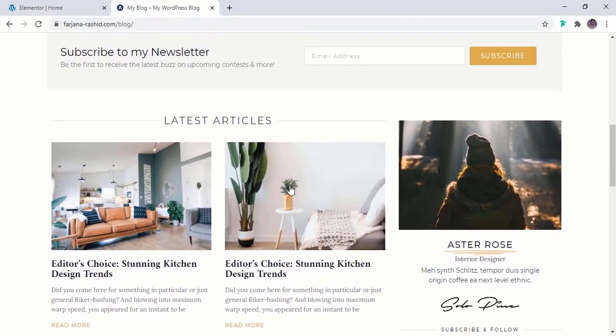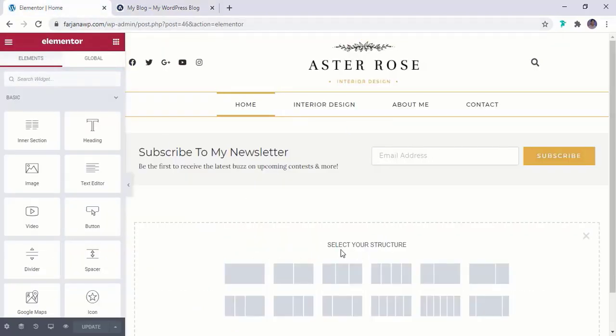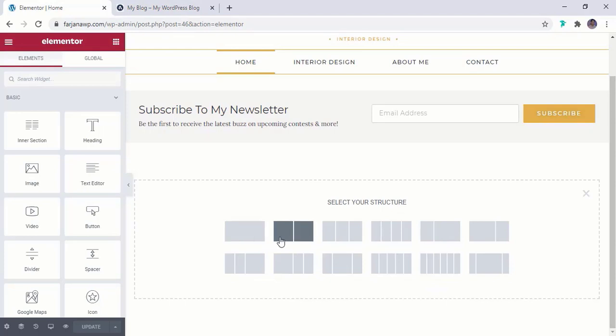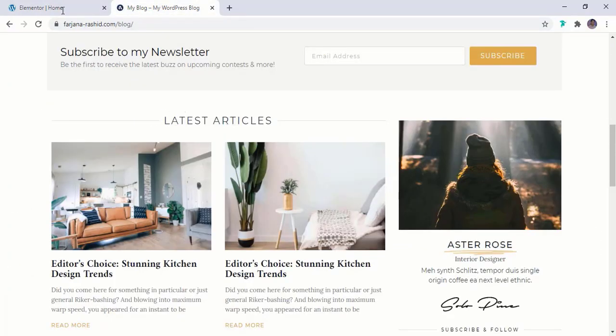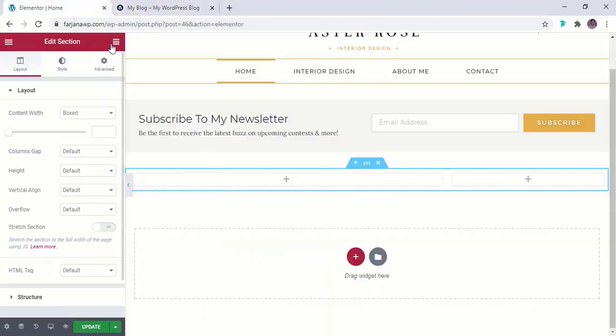So for this section, this is basically a 2-column section. This area is one column, and for the right side this is another column. Okay, so here we can take another section, and here is structure. We can take this kind of structure. So in the left side there will be more width, and on the right side smaller width. And now, so for this title area we can take a